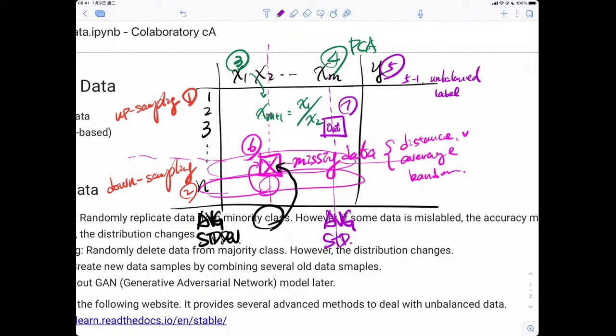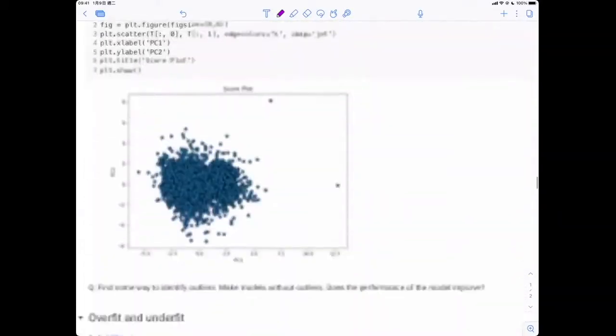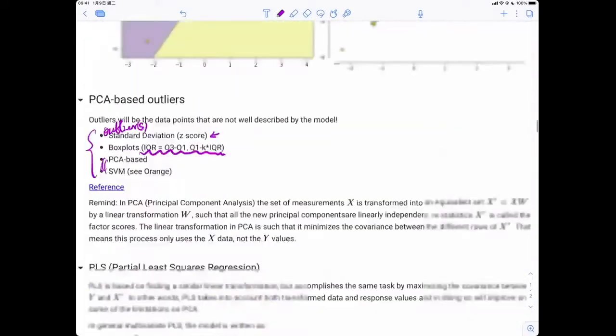You can use one single function to deal with missing value problems, and to do upsampling or downsampling. Or in Orange, you can use a widget to deal with these things. Try to take a look at this slide. That is what we talked about regarding those problematic data.